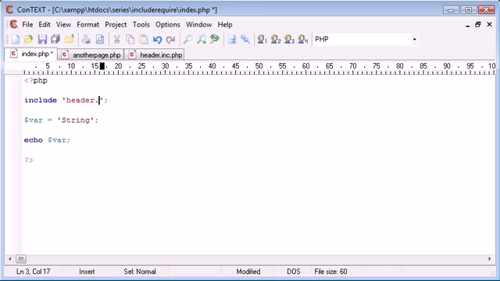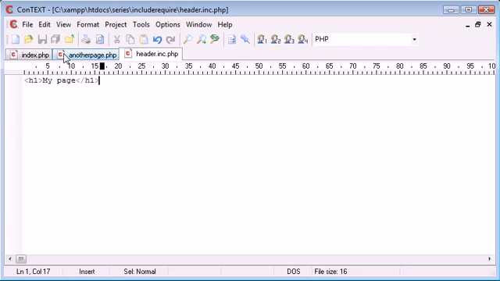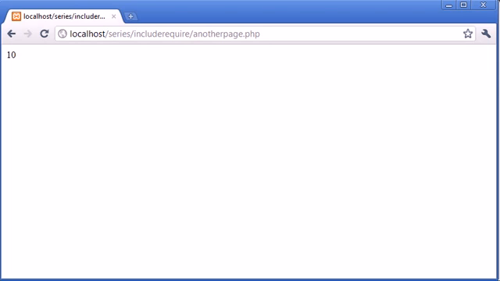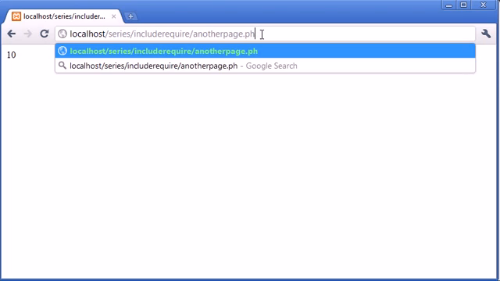And I'm just going to simply say header.inc.php. If it was in a directory, I'd do that. If it was in another folder, I would do that. So wherever your file is, in this case it's in the same location as these two pages, in the same directory. So now, if I go back to the index page,